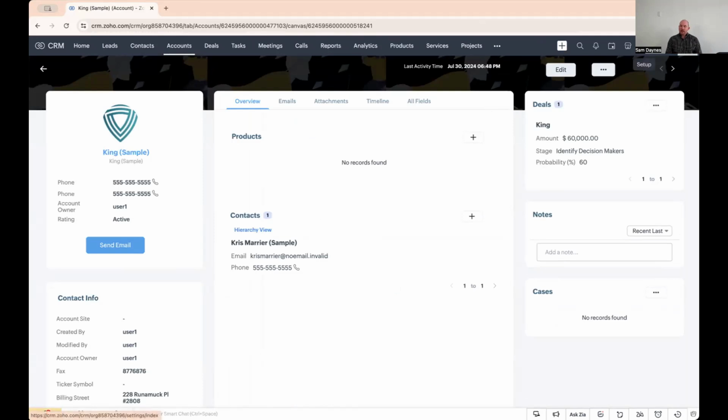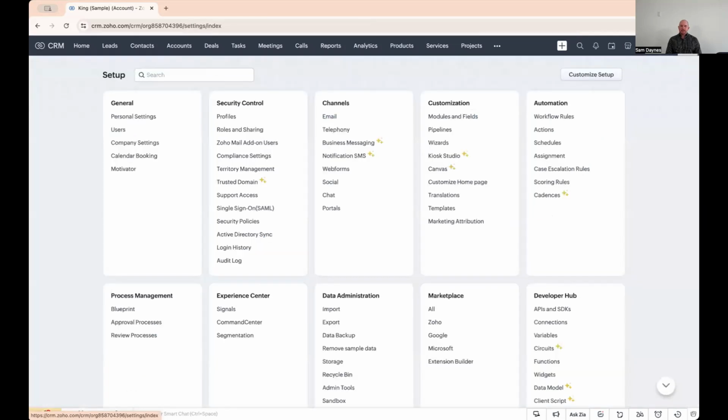The next one I want to have a look at, guys, is something called Cadences. Cadences is a fairly new feature within the CRM, which allows us to